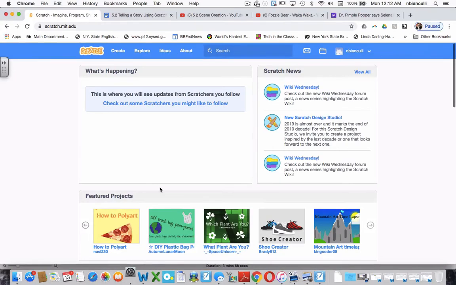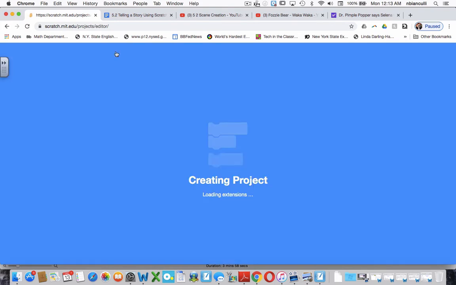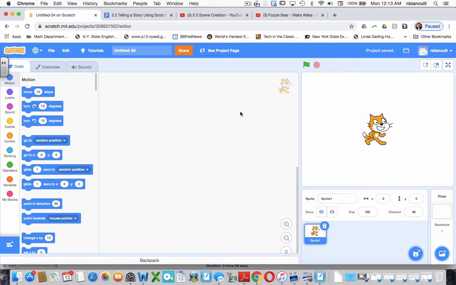Okay, in this video what I'm going to show you is how you can create a story, or tell a story, using Scratch. This is a very easy beginner Scratch project. So we're going to go to scratch.mit.edu and hit Create. The editor will pop up with a new document, and I'm going to name this 5.2 Telling a Story